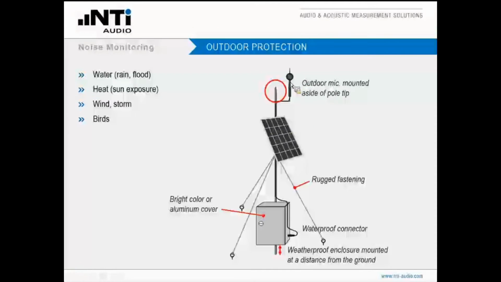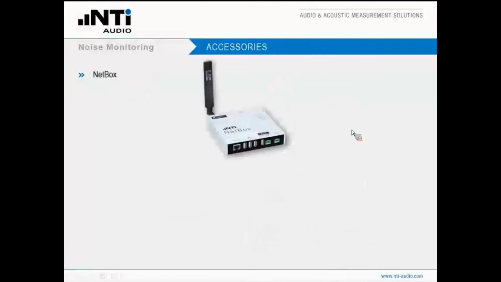And last but not least, birds. We realized that birds like to attack outdoor microphones for the simple reason because they believe that they are an enemy. And a countermeasure is that you place the microphone aside of the tip of the pole, because in that case the bird gets less angry and is more likely not to attack your microphone. So a brief look on the accessories you need for your noise monitor aside of the XL2.